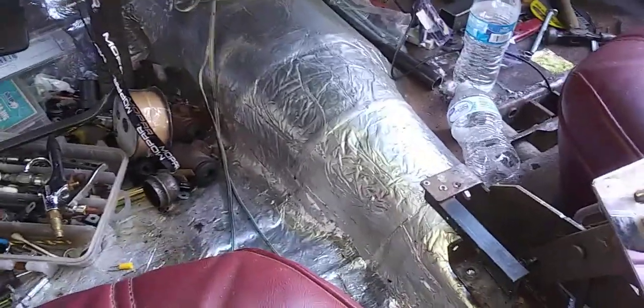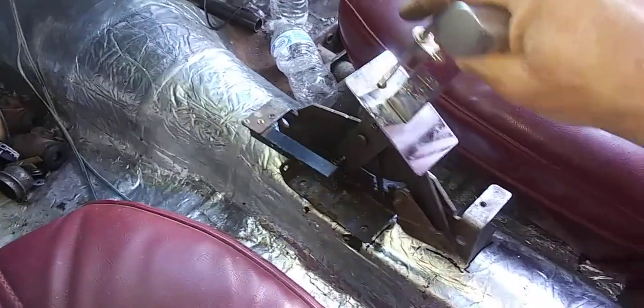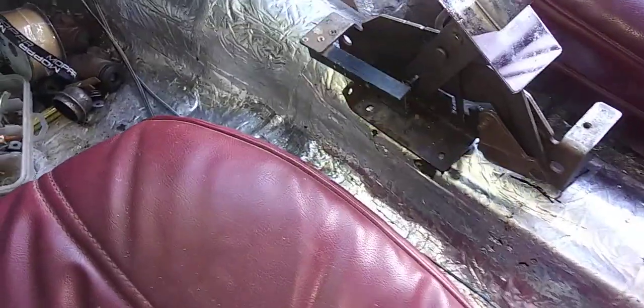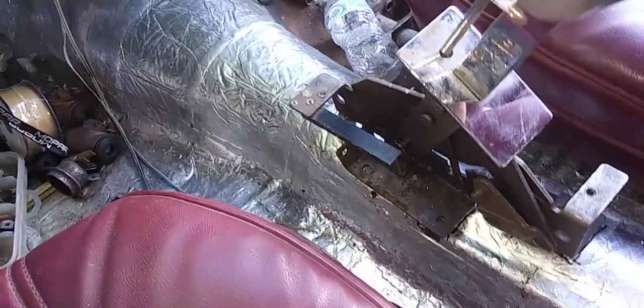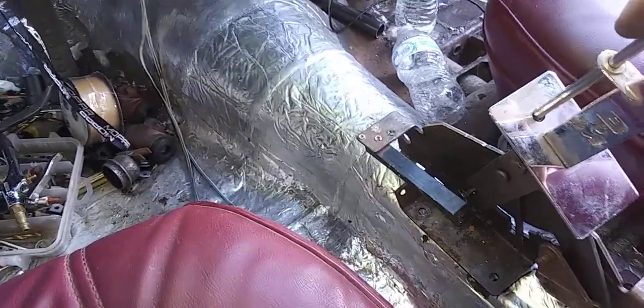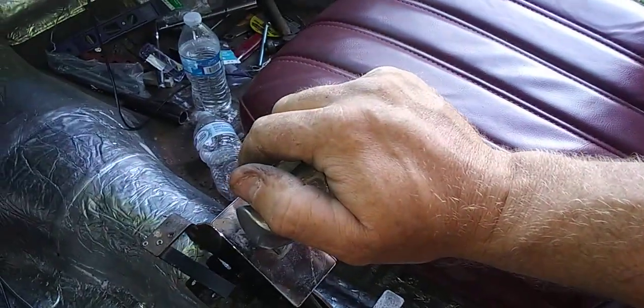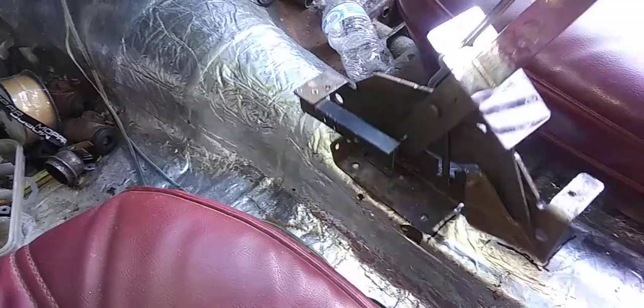This was originally in the Dart. I was messing around with the different positions on where it should go, and we finally settled on this position here, so it doesn't look too out of place, but it's got enough room to put your arm back here. Your arm's not going to be all scrunched up trying to shift it when it goes all the way back. But I got to make a mounting bracket